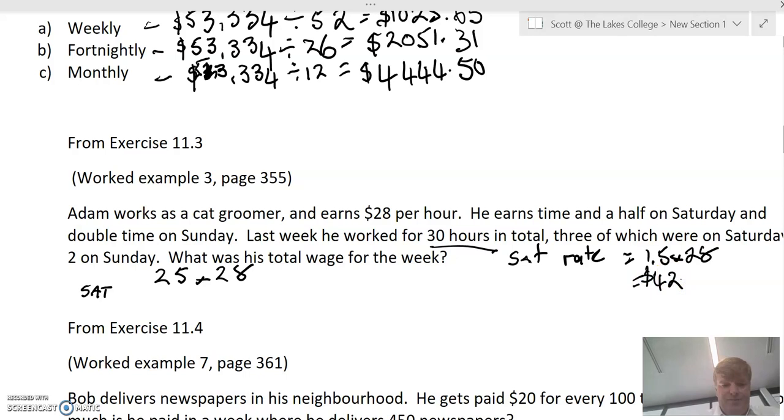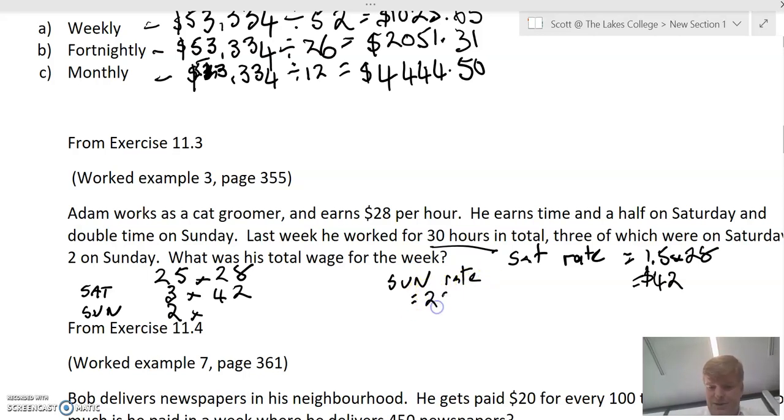So on Saturday, he earns 3 times 42, and on Sunday, he's going to have 2 hours at, so the Sunday rate is double time. So it's going to be the 28 times 2, just double what he would earn otherwise, and that's going to be $56, and he's going to have 2 hours at that rate. So adding these things all together,